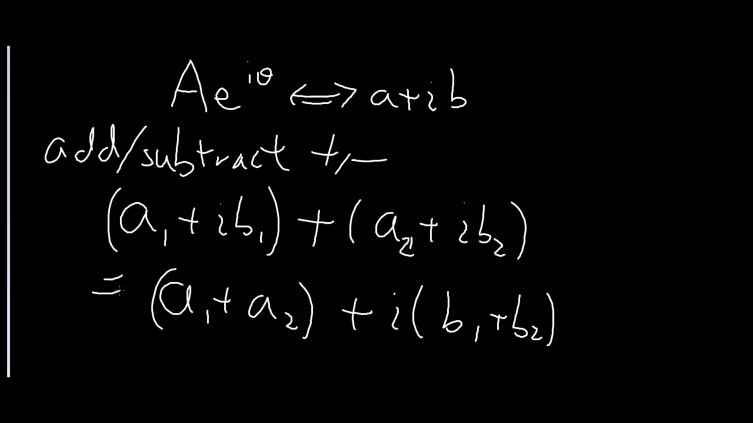Now, of course, this is not nearly as obvious in the polar form, so what you would normally do is convert any polar form into your a plus ib form before you do any addition. Conversely, if you were to do multiplication and division or power, you would use